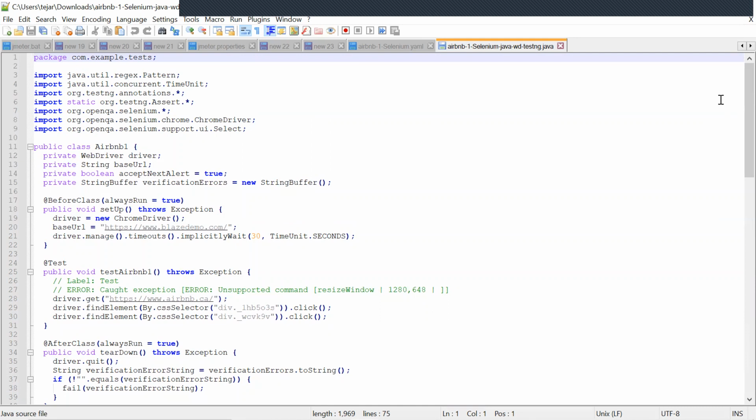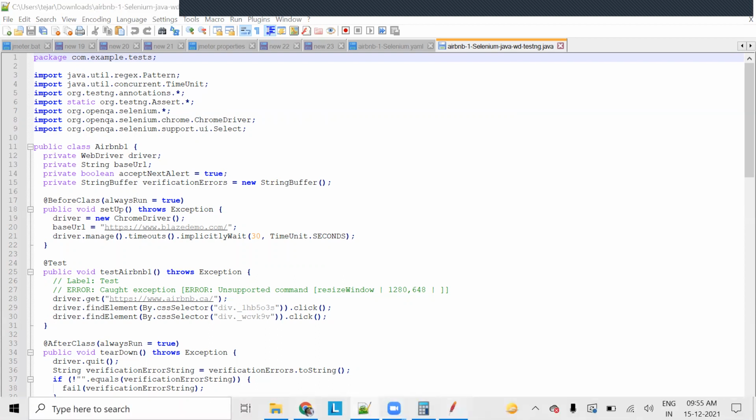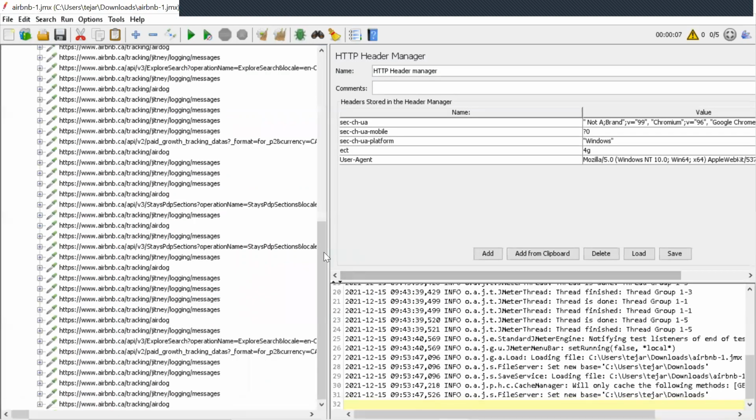Right. But the JMX file you got, so my observation is correct, right? That cannot be controlled. Yes, not controllable. Can you open that JMX? The JMeter one. Just click on any request.